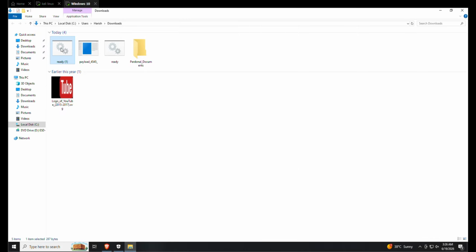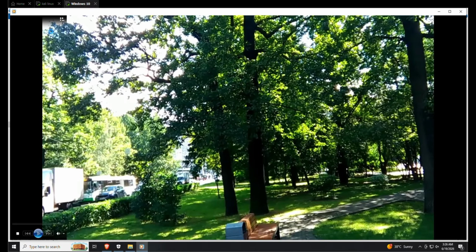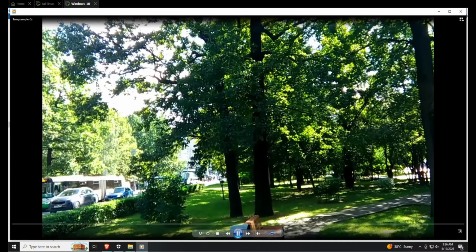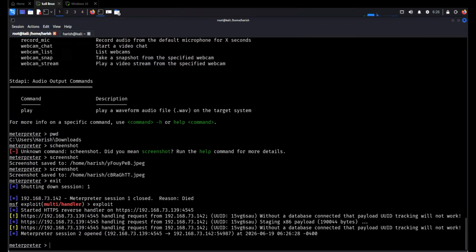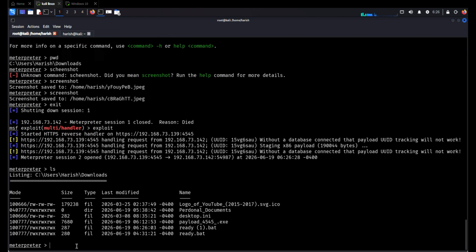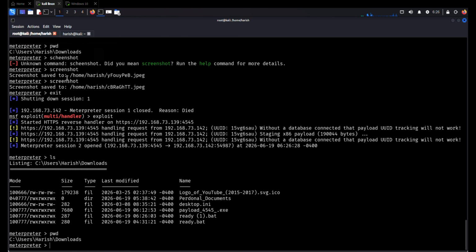Back on the Windows machine, I'll execute the bat file. As you can see, a video starts playing immediately. The user thinks they are simply watching a video, but in the background, the payload is also running. Meanwhile, I can see the target system's files and current directory from my Kali Linux, but we still have a couple